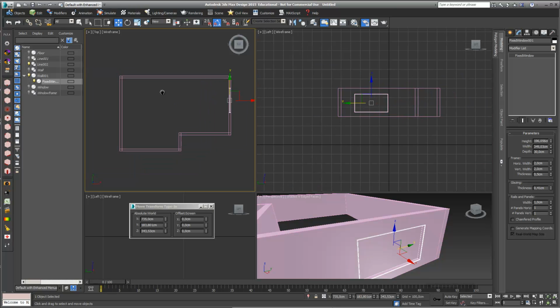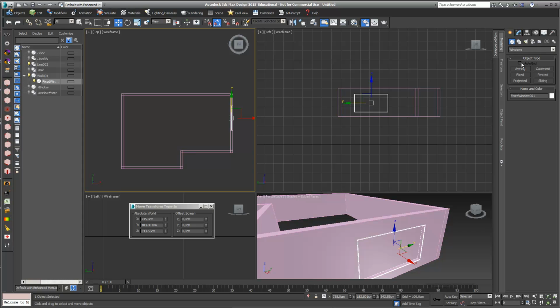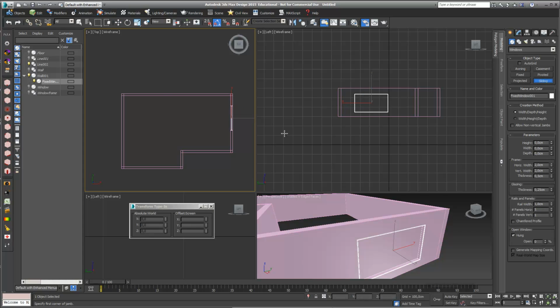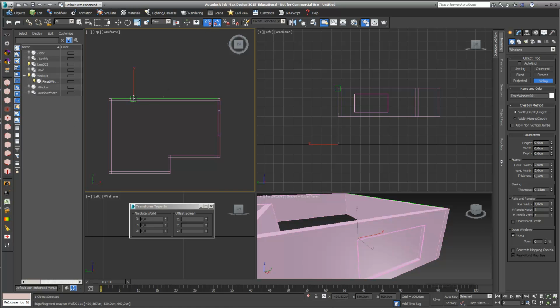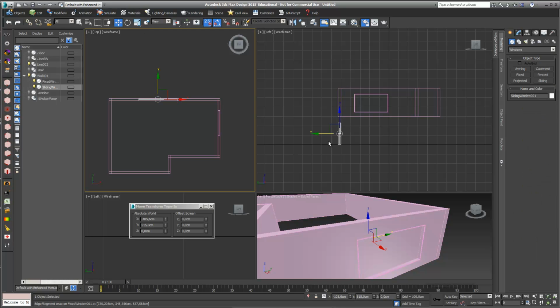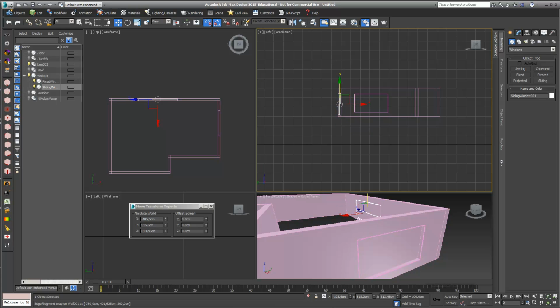And if I draw another window, for example, I go into this sliding function, and here again I go into my snap tools, and just hold it like this, and go along my line, and next click on my second line of my wall, and now I define a height, and again I'm on level 0. I just have to move this up a little bit like this, and if I move it around,